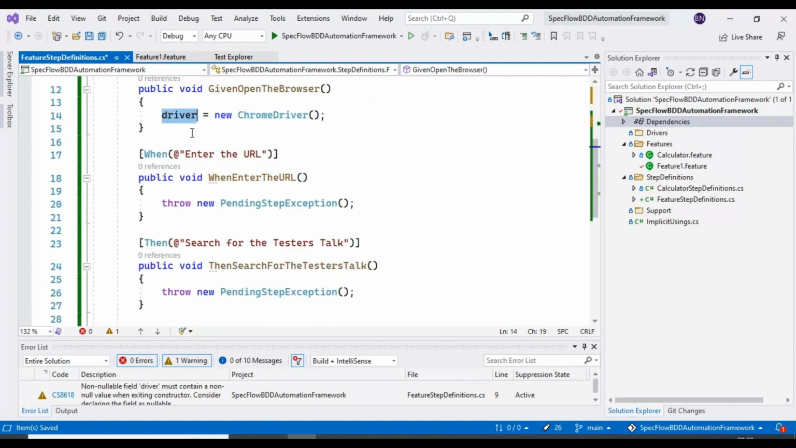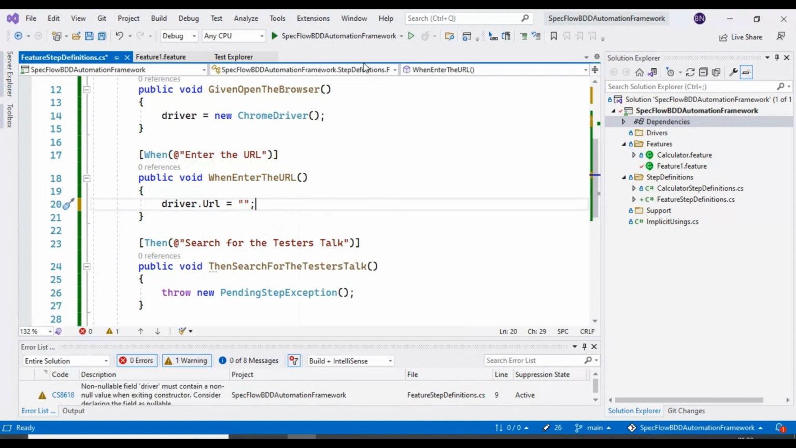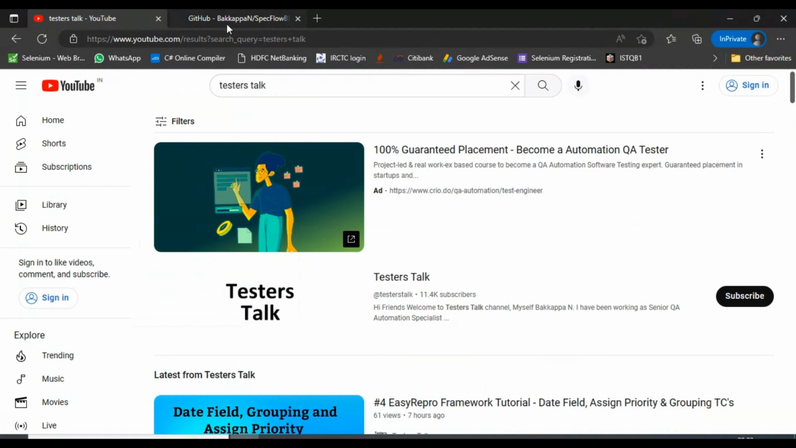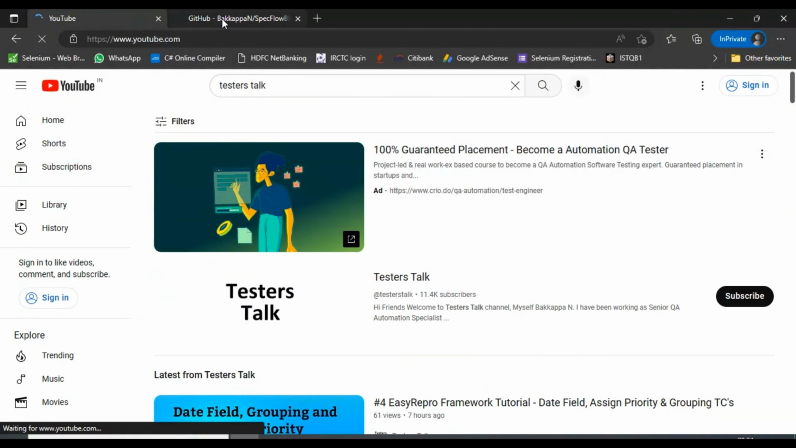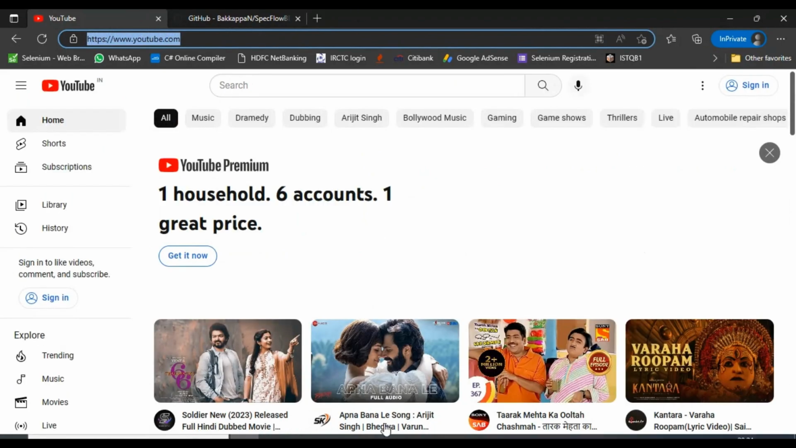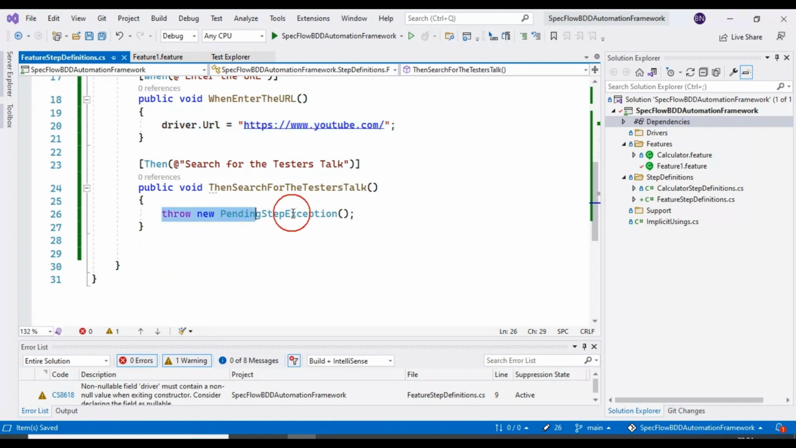So I will use this driver object and I will call the method called URL. Here we have to specify the URL. We are going to open youtube.com, right? So I will specify youtube.com. That's it. We have opened the browser, then we have entered the URL, then we have to find the